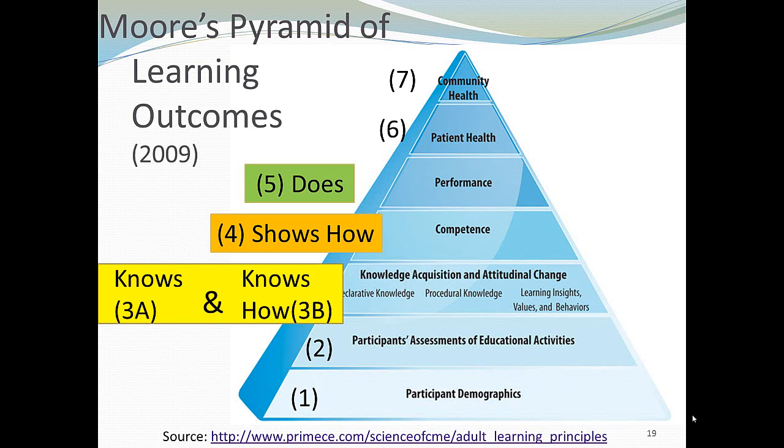grant-making bodies, such as a pharmaceutical grant or a device company grant, even public health grant-making funds, want to see Moore's levels. They want to see what's the highest Moore level you're able to measure, what are you designing in for measures for your activity, and often the higher level of Moore you can manifest really impacts your competition for those